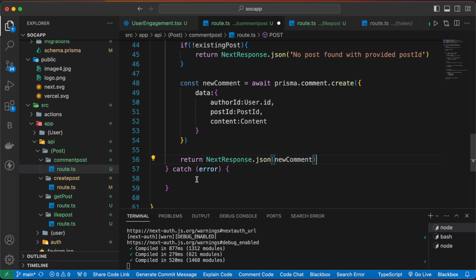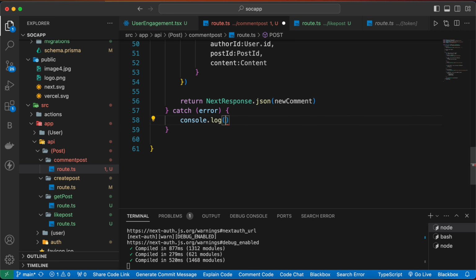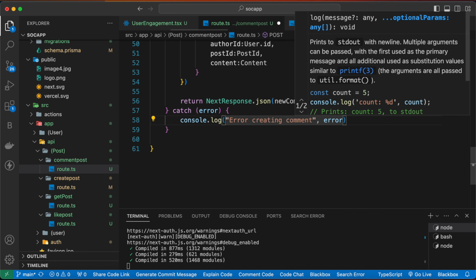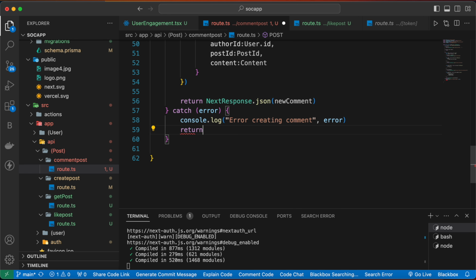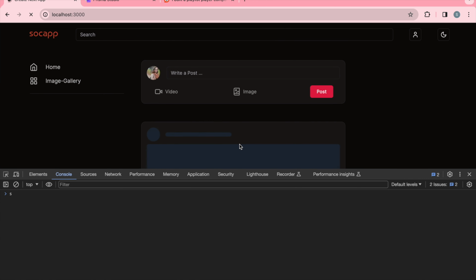Now if we do find any error while doing this process, we are going to console the error. We can write error creating comment, and then we can pass the error here, and also we are going to return the error, NextResponse.error. And now let's go to our browser, refresh the page,